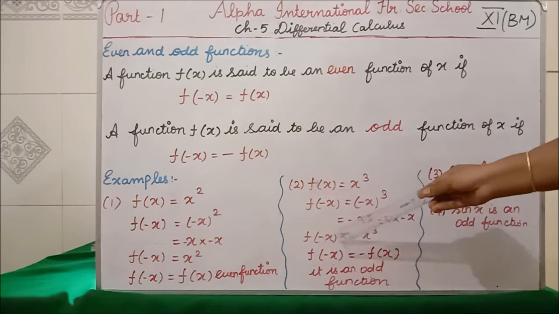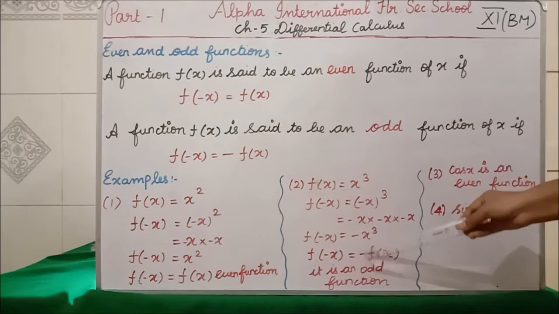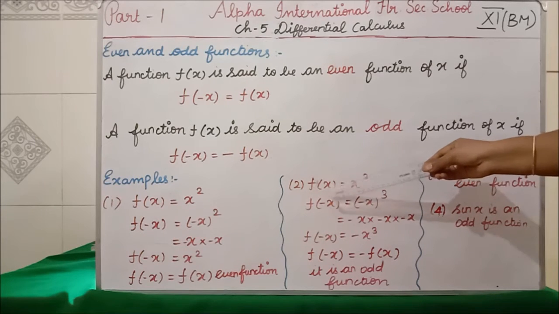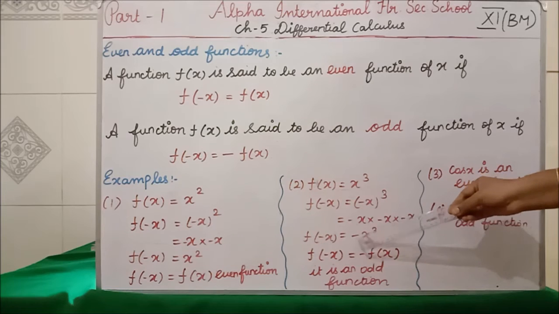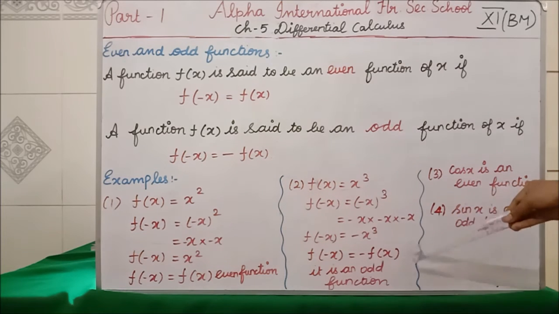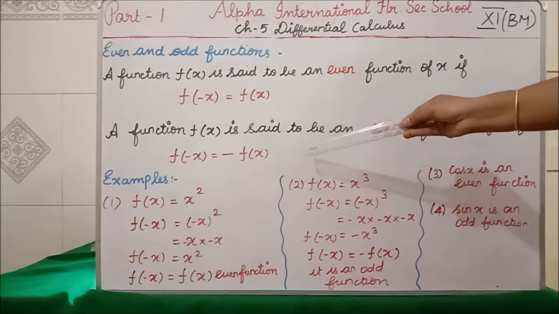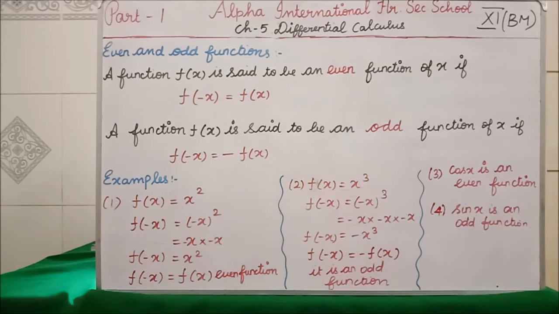So now this side we have f of minus x. This minus I am writing as such. Then x cube is what? It is the value of f of x. So in place of x cube I am writing f of x here, and this minus I am writing here. Now you see here, f of minus x is equal to minus f of x, we are getting this. So f of x equal to x cube is an odd function. Clear?